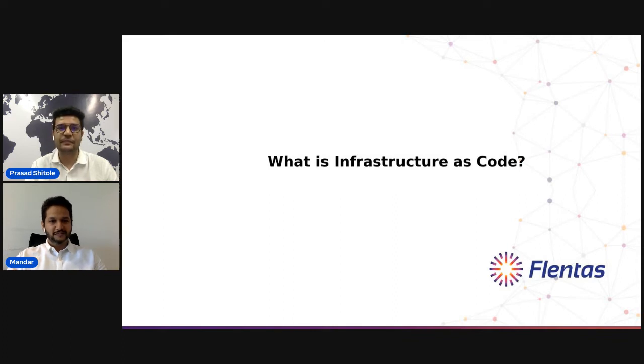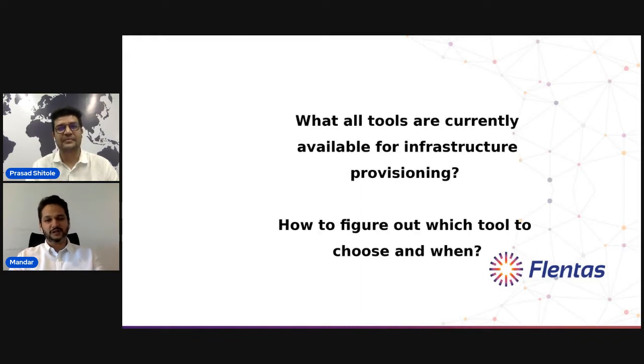Okay, that's good to know because I have never done coding in my life, so all I know is manual deployment. I'm equally curious what tools are currently available for infra provisioning. You can share some tools which you have used, and in your experience advise viewers on which to use. All right. So when it comes to infrastructure as code,